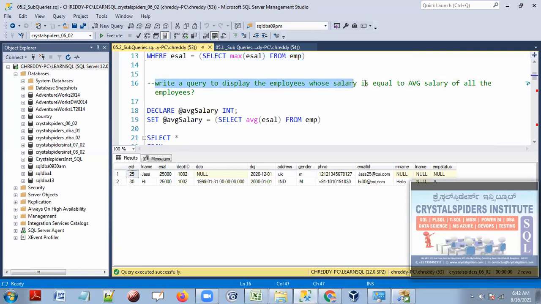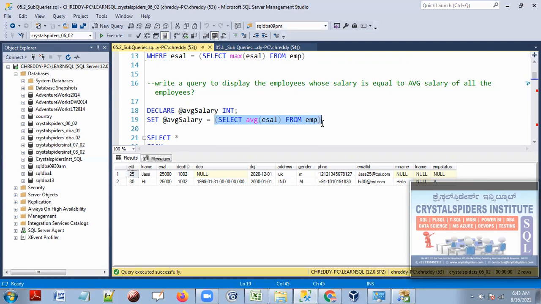Write a query to display the employees whose salary is equal to the average salary of all the employees. See this, guys, this is the requirement here. Okay, so now let's first take the average salary in the employee table. Whoever's salary is equal to the average salary in the employee table, I want to display those employees.